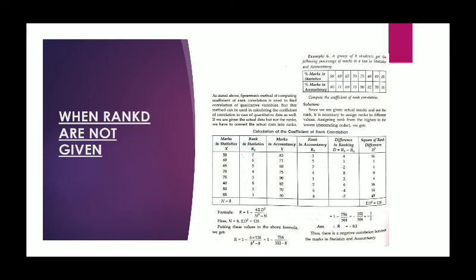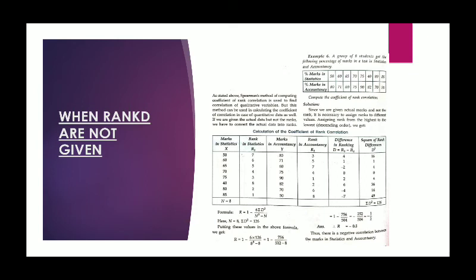That will give us the difference of ranking. D is equal to R1 minus R2. We will simply calculate R1 minus R2, and as we have done in the previous case, D square, which is R1 minus R2's whole square. So you have calculated 4 as the first difference. So D square is 16. When the values are negative or positive, the square will always be positive. So at the end we will calculate summation D square, which is 126 over here.